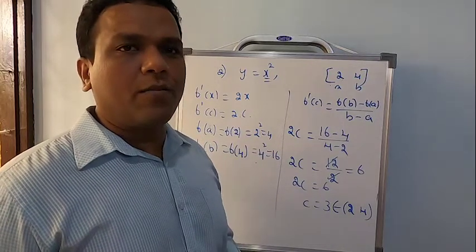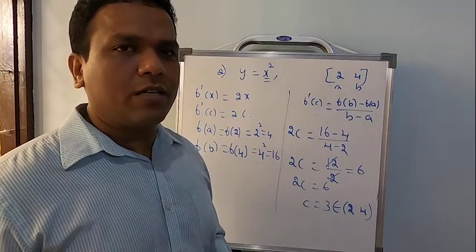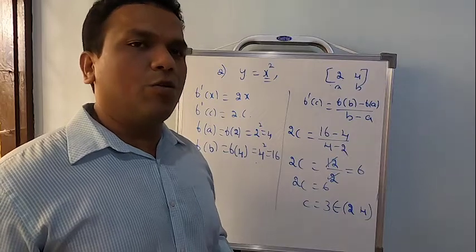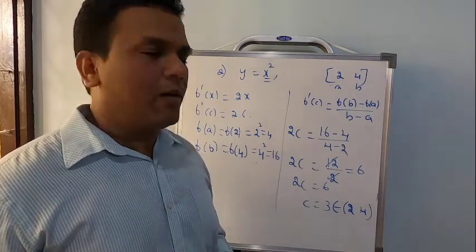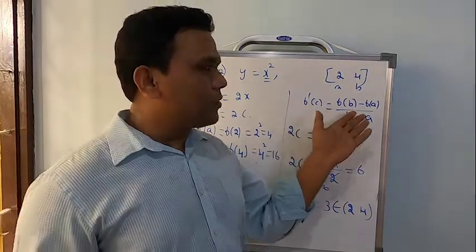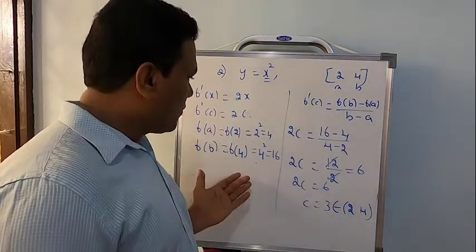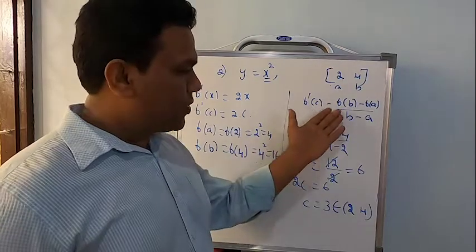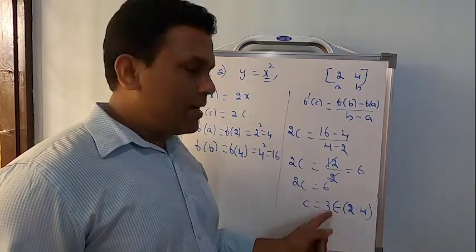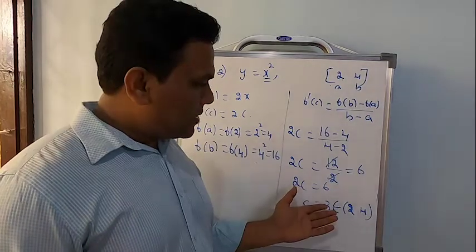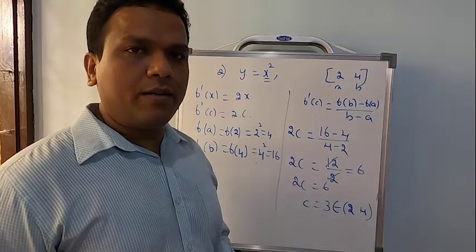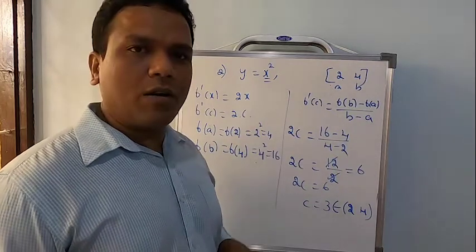F of x is a polynomial, therefore it is continuous in the closed interval, hence it is differentiable in the open interval. You have to write this, please remember. Okay, and the third condition, you write on this condition. I suggest you find the values separately, substitute here, simplify and find the value of c. After finding c, make sure it lies in the given open interval. If it exists in the given open interval, it's going to be fine. If not, the theorem is not satisfied.